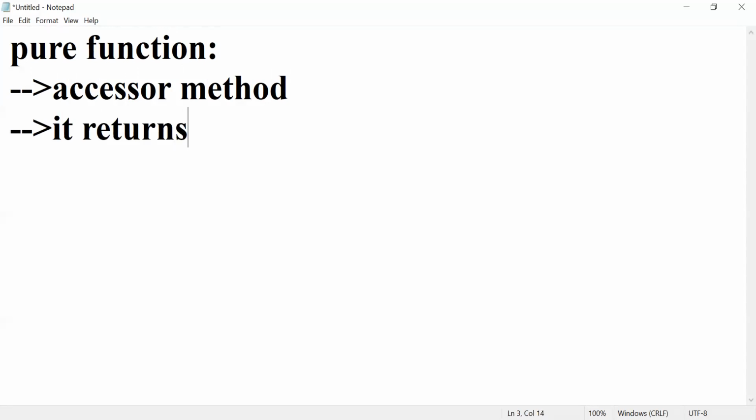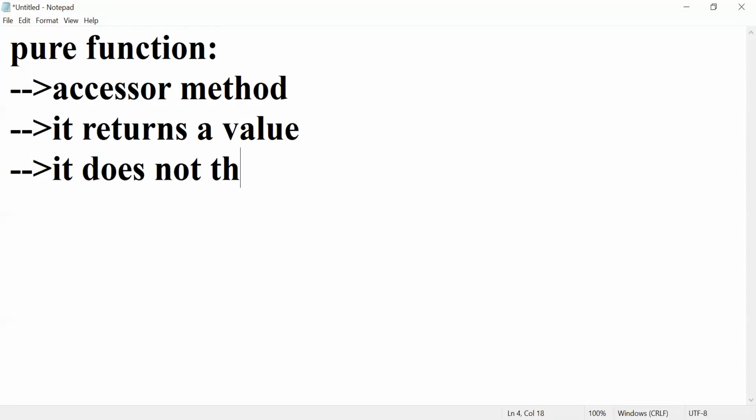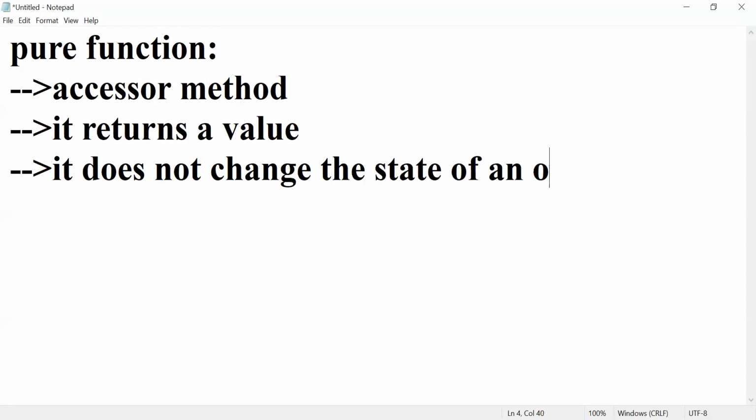It returns a value. It does not change the state of an object.